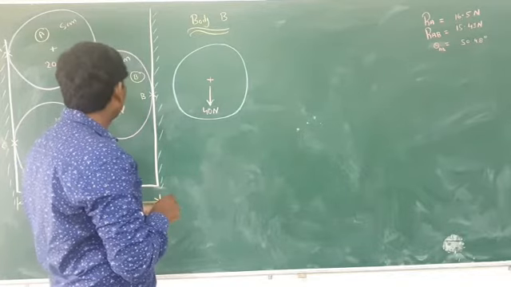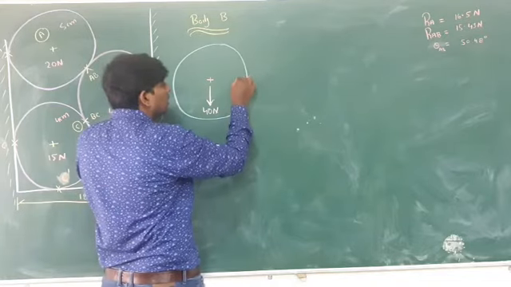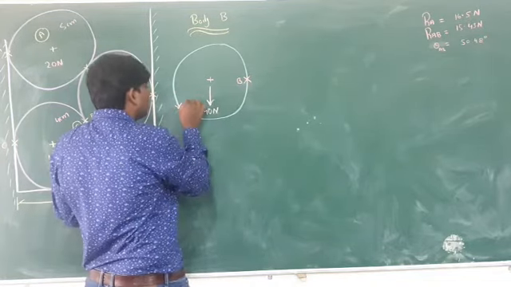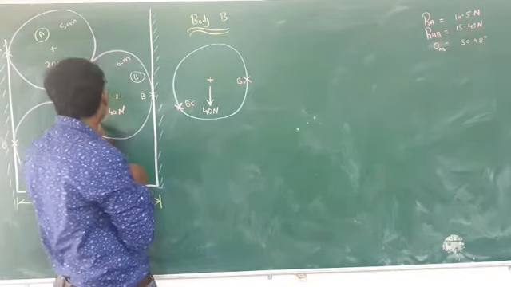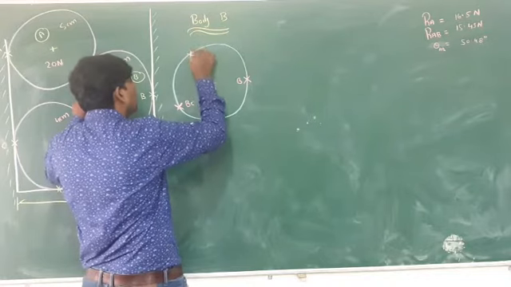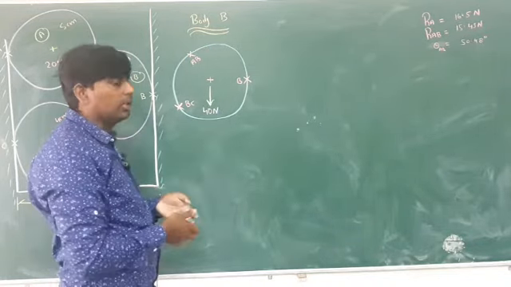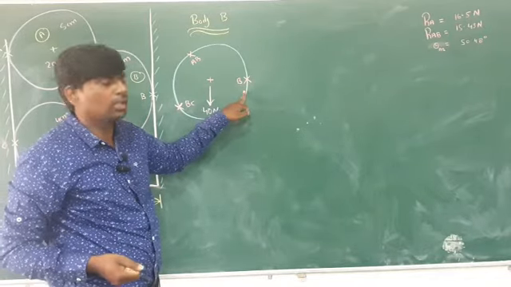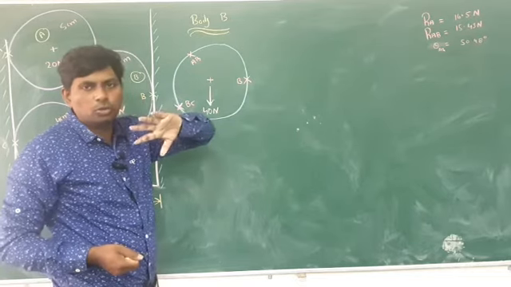In this problem, as you can see here, the touching point somewhere here you can consider as B, somewhere here as BC, and somewhere here as AB. Here BC, here B, and here AB. So what you have to do?